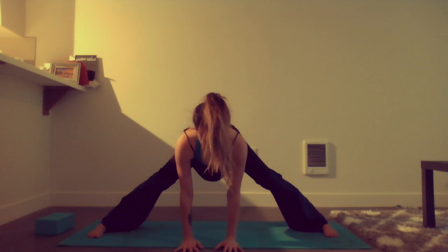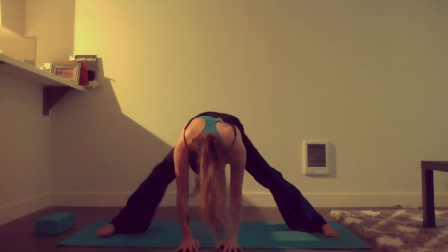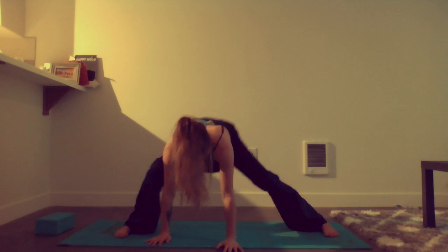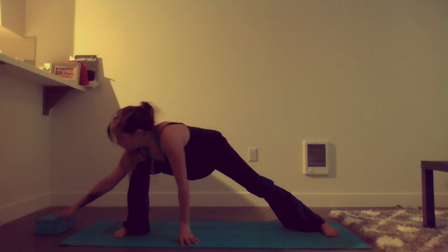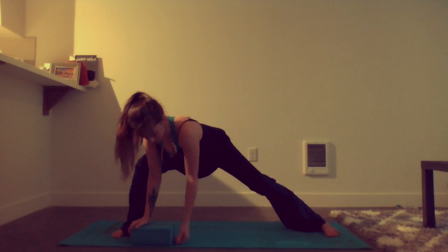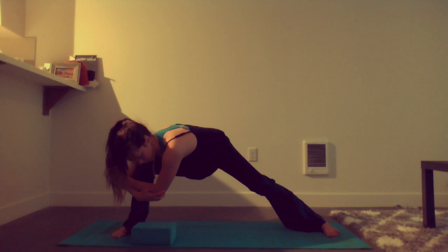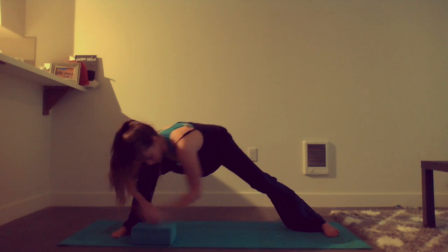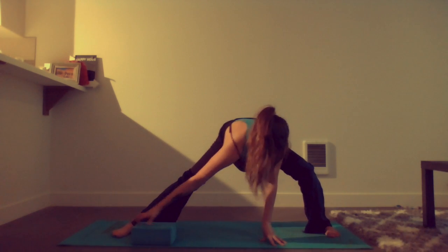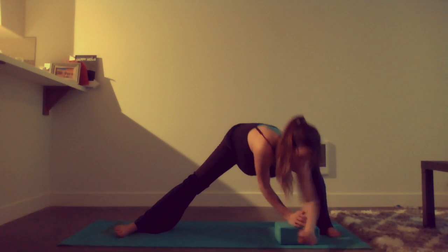Reaching forward as we inhale halfway, exhale and fold. Soaking in all the energy you're creating through your practice. Inhale, reaching up halfway. We're going to lunge here, keeping the outside of that left foot still on the mat. The right knee bends. You can hold onto a block or a pillow here. Some people are much more flexible than me, so you can probably go further. If this bothers your wrists, you can also just, like I'm doing here, hold on to that left knee and